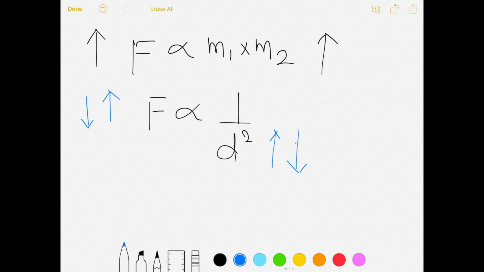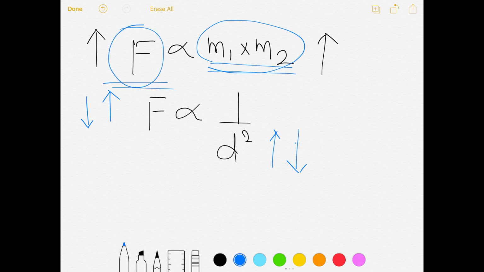Now if you talk about the celestial bodies, then the masses of those objects are really huge. That is why the force is also huge. So this is it about the universal law of gravitation and why we are not attracted towards every other object kept around us, because the value of the force is very minute.